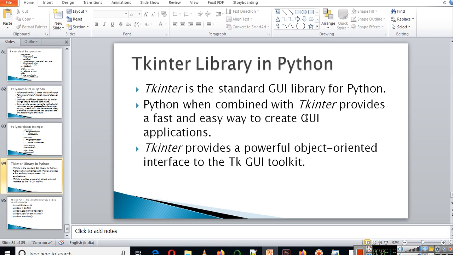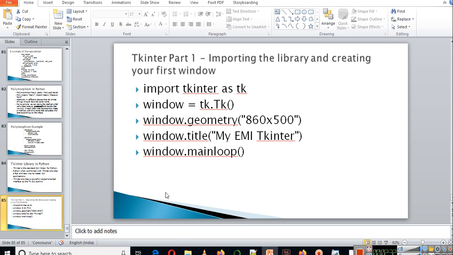Python, when combined with tkinter, provides a fast and easy way to create GUI applications. Tkinter provides a powerful object-oriented interface to the Tk GUI toolkit. Now we'll see some examples of how we can import the library and how we can create an empty window.